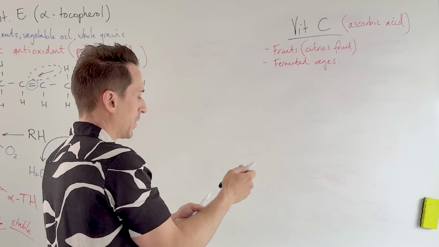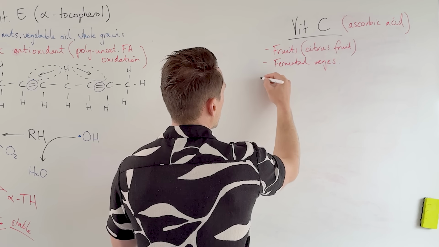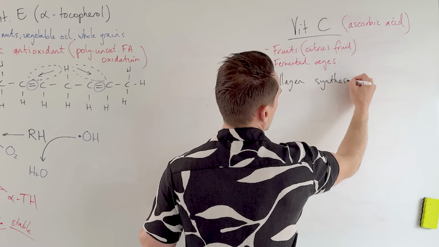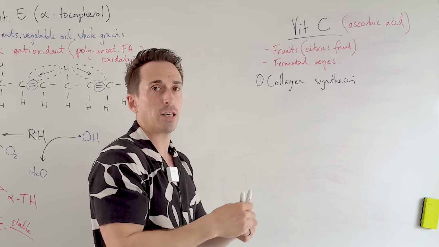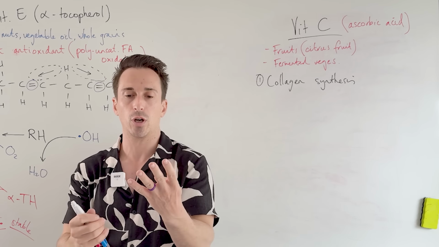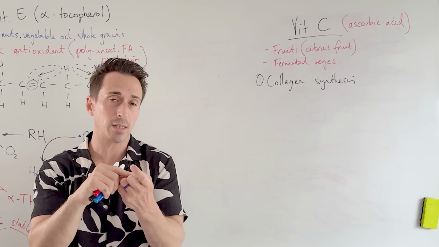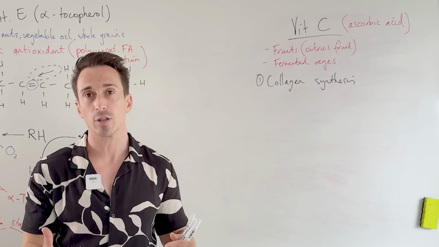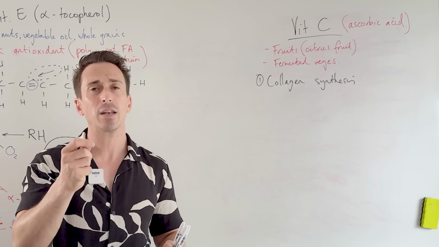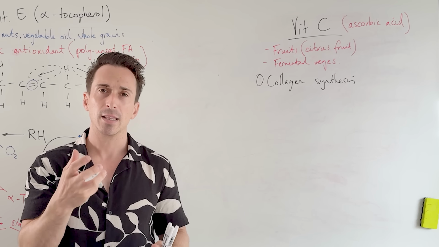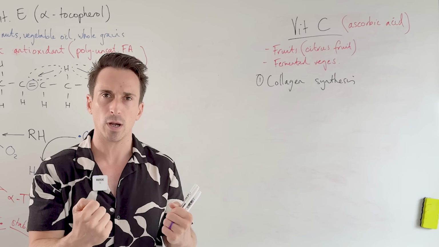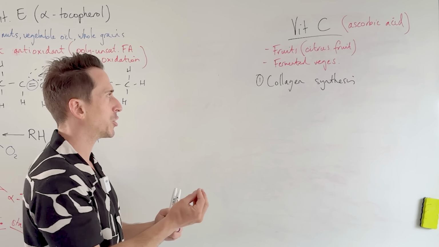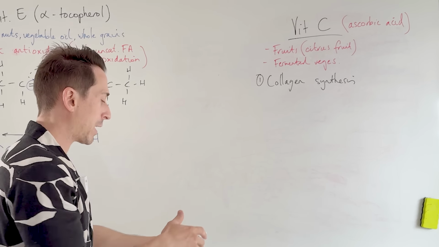What does vitamin C do? All right, vitamin C, two important functions. One is collagen synthesis. Let's talk about that one first. What is collagen? Connective tissue. You know that your body is made up of four major tissue types: epithelial tissue, nervous tissue, muscular tissue, but also connective tissue, which binds, wraps, and holds structures of the body together. A really important part of connective tissue is collagen, which are proteins that make things strong but also flexible as well. When you eat meat and you get that white gristly bit, that's collagen. Very tough proteinaceous material. So we need it for normal body production.